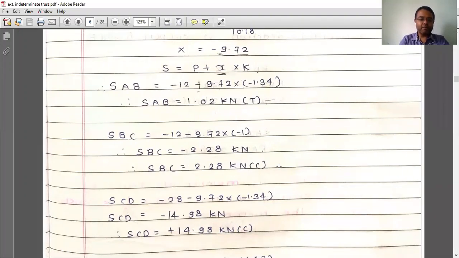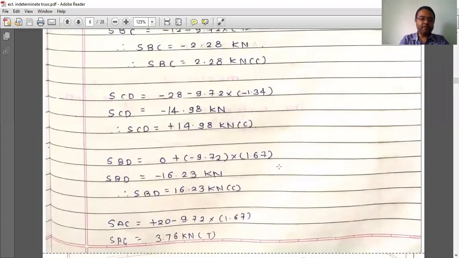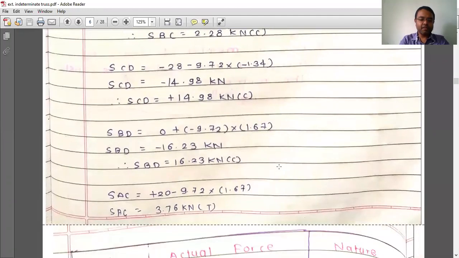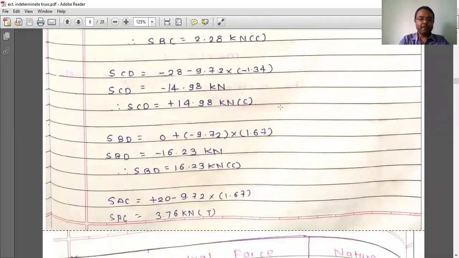So likewise, we have completed this problem, that is we have found the forces in all the members of the truss. Write down the final answer along with its unit. Here the applied forces were in kilonewton, that's why I have written the unit of the force as kilonewton, and the nature you have to write in a bracket. The complete answer will be: you have to write the force FCD equals magnitude, its unit, and its nature.